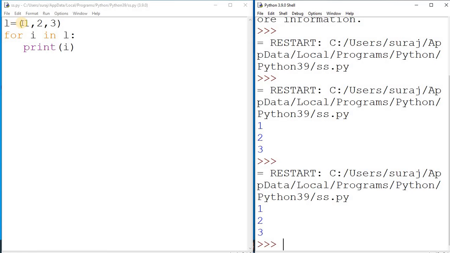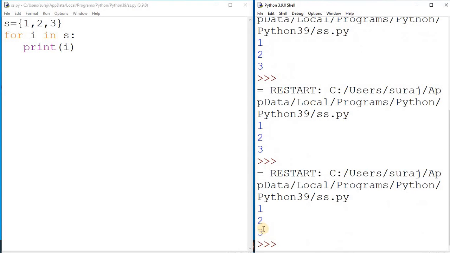And the third one is the set. Okay, so now I am writing S, and in the set we use curly brackets. If you attended all the tutorials you can understand. So that is the set, in set we use curly brackets. Here I should write S, because we have written it with S. Now I am just running the code. You see in the set the output is generating 1 2 and 3. So that is the set.